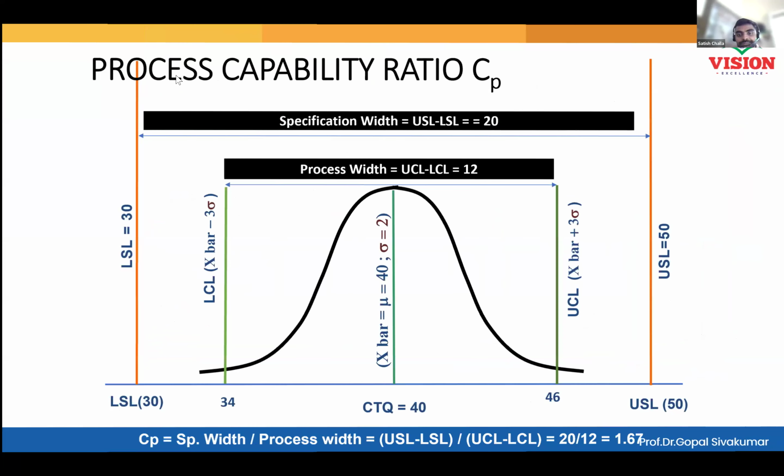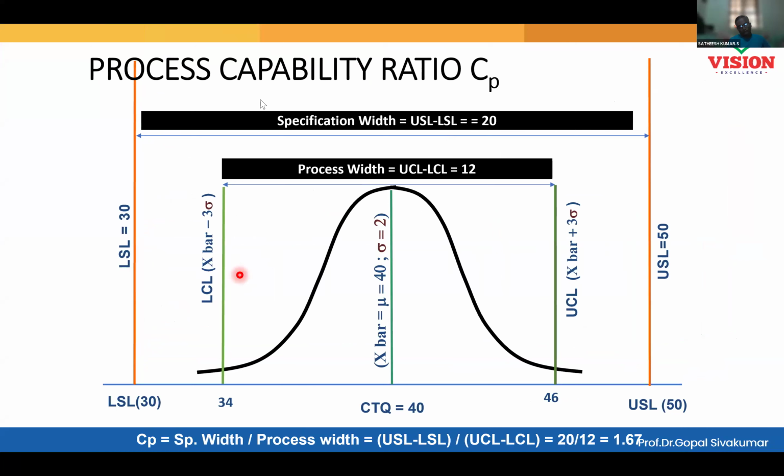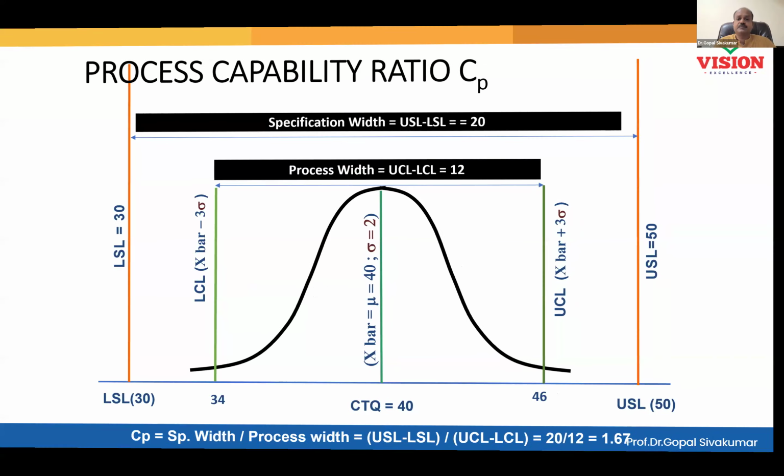Yes. Now look at this condition. In this condition, is your process operating at the center properly? Yes. If there is no shifting of the process center, Cp and Cpk will be the same. You just calculate any one. You don't have to calculate both. Only if the shifting happens, you must calculate Cpk. Otherwise, Cp will be equal to Cpk. So in this scenario, I calculate Cp as 1.67. So what will be the value of Cpk also? Same, 1.67. Now the process is capable. The process is definitely capable, no rejections.